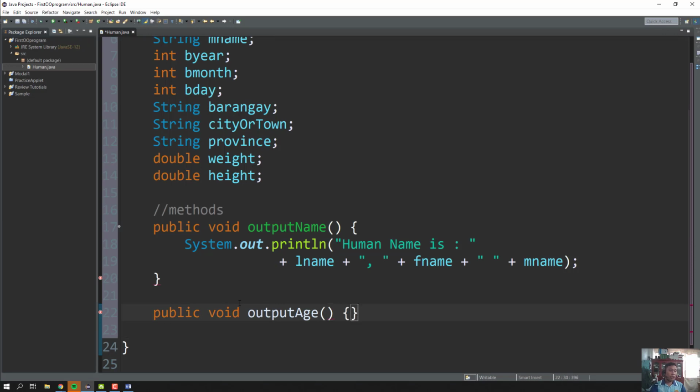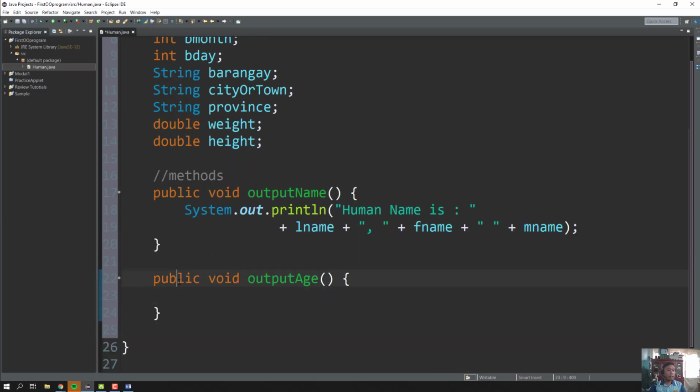Okay, so that is the format in creating a method, no? Public void, the name of the method, output age, then do not forget to put open close parentheses. Soon, if that will be complex, we will add parameters in there. So right now, we will just leave it simple for us to already identify and learn how